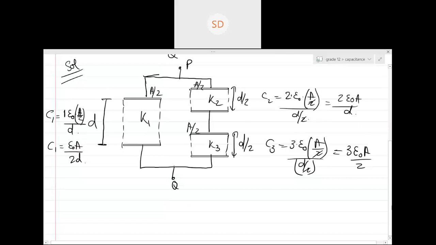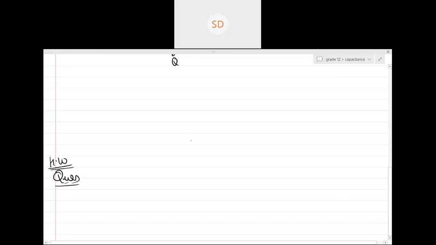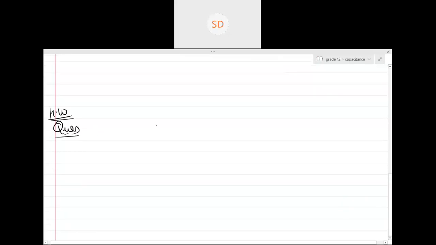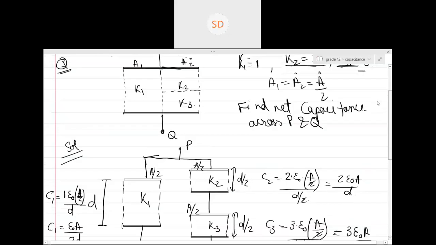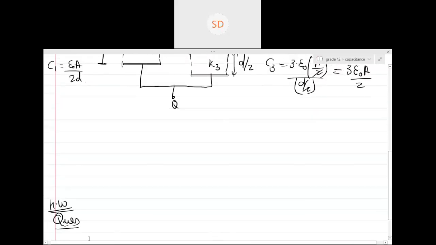So basically now I'm leaving the remaining question for you people. Next question will be homework. Okay? The answer is 11 by 5 A epsilon naught by D. Yes, I guess it should be 11 by 5. I remember. I don't have the answer with me because I need to check exactly where it is. I just have the question with me. Okay? एक और question I am giving you. ये फटाफट हो गया?